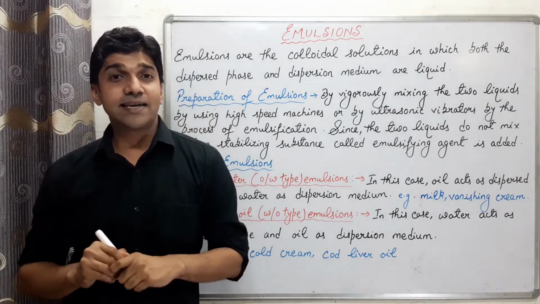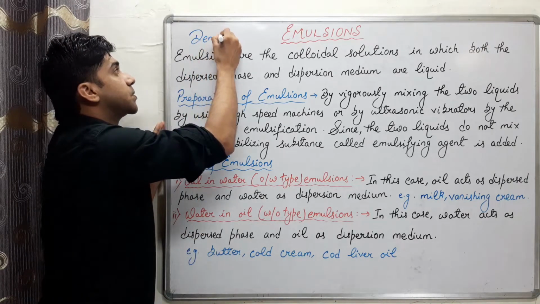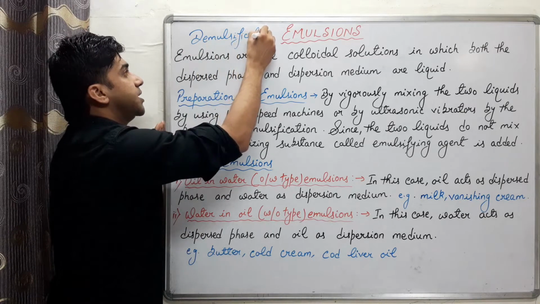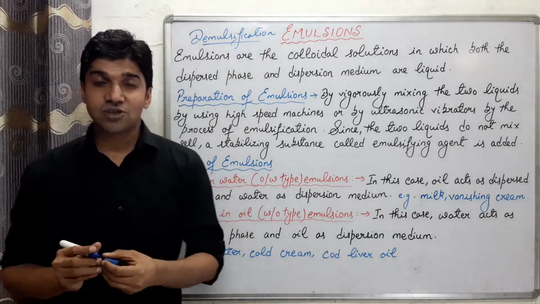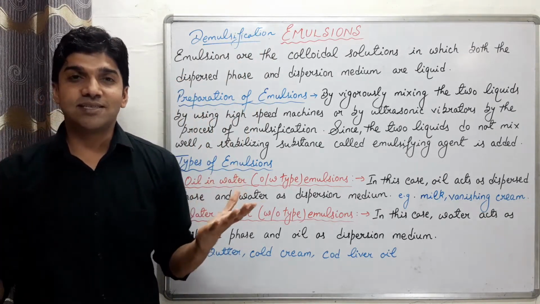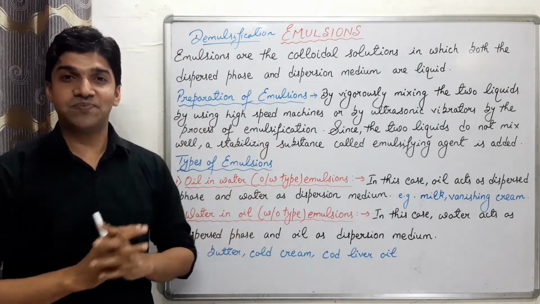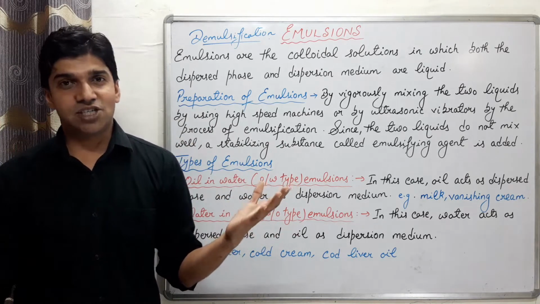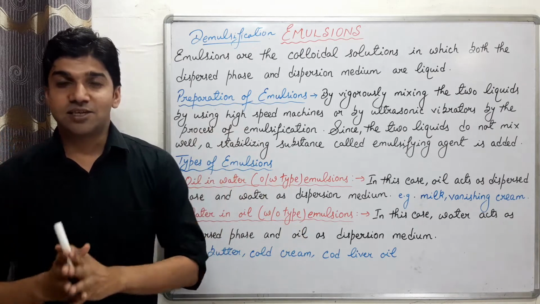अब एक वर्ड आता है डिमल्सिफिकेशन. यहां लिख रहा हूं मैं डिमल्सिफिकेशन. अब ये क्या होता है? It is the reverse of emulsification. That means in this case we decompose emulsions back into its constituent liquids, and it can be done by centrifugation, filtration, boiling, freezing, or by some chemical methods.